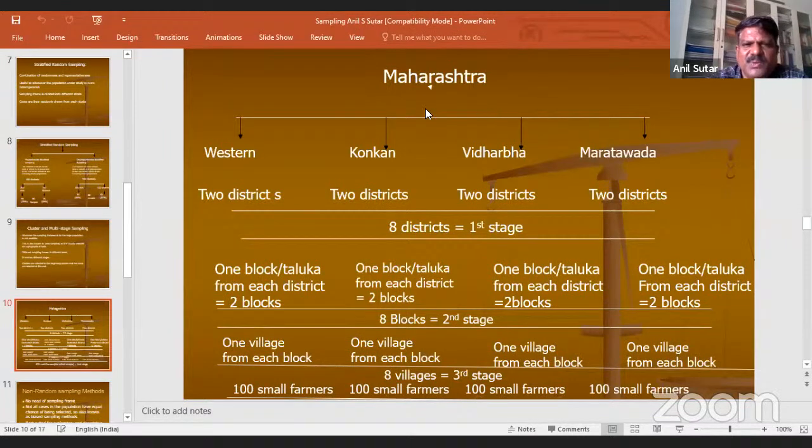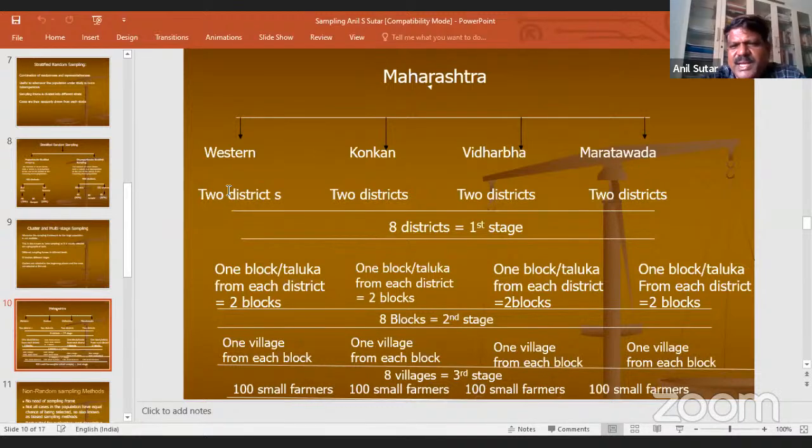For instance, I am going to study small farmers in Maharashtra. How can I do it with the help of multi-stage and cluster sampling? I will divide the whole state into 4 divisions: Western Maharashtra, Konkan, Vidarbha, and Marathwada.